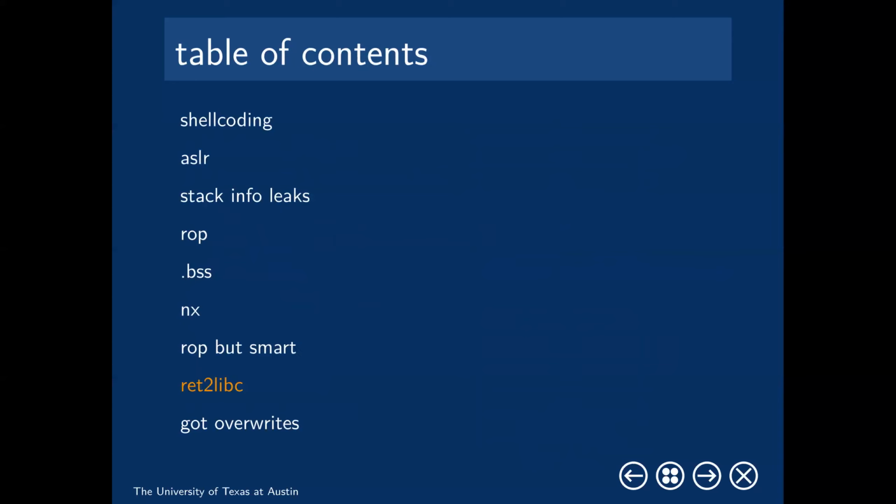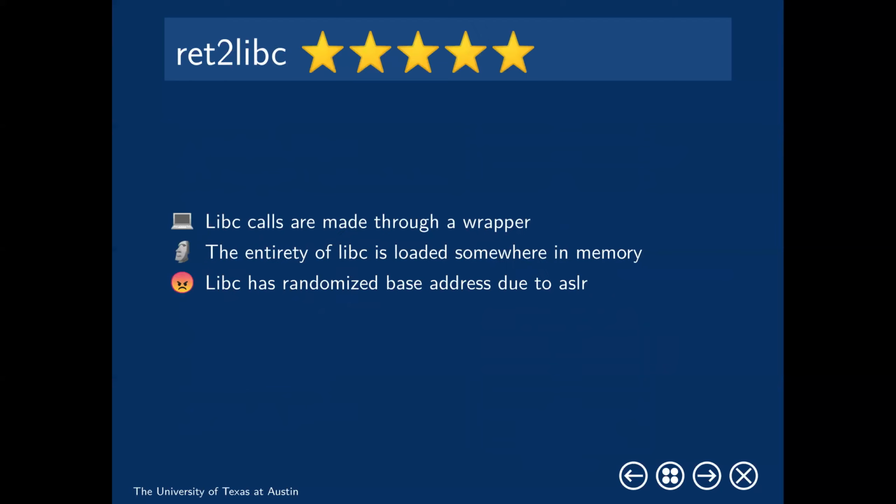Yeah, and that brings us to ret to libc, which I have given all 5 stars. Ret to libc, I think, is the ultimate culmination of binary exploitation. It is the best type of exploit. The reason that ret to libc works, I will describe what it is in a minute, but essentially when